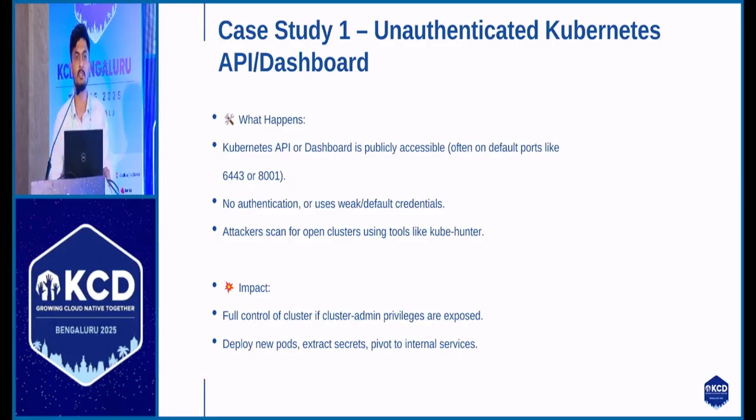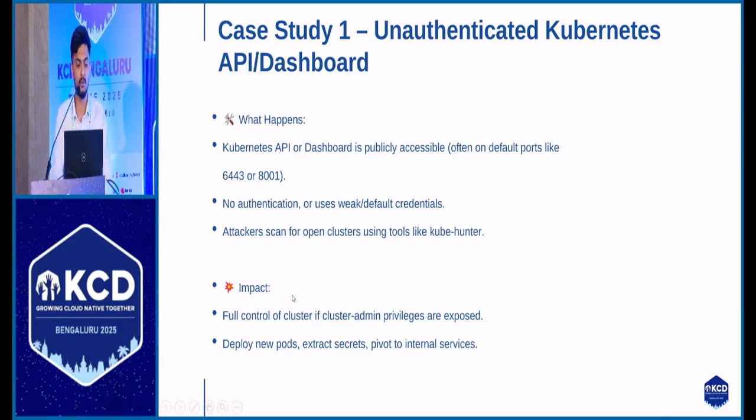Development teams directly take Kubernetes and implement it as a default thing. They don't take care of which ports are opened, or what roles are assigned to the person working as an admin or as a least-privileged user. They don't check whether this person has proper roles or overprivileged roles. And an attacker can scan the API or the endpoint directly using Kubient, and he will get a lot of information like where exactly the dashboard is, what namespaces there are, and what the impact is.